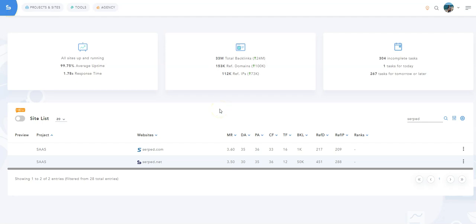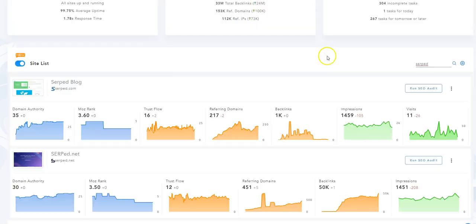This is the existing dashboard view where you can see useful metrics and statistics, including Moz metrics, Majestic metrics, the number of backlinks, the number of referring domains, and more of all the sites you've added to Site Manager in a single table. Well, we created a new view for you. To access it, simply click on the slider located here. As you can see, this new view uses a different layout.